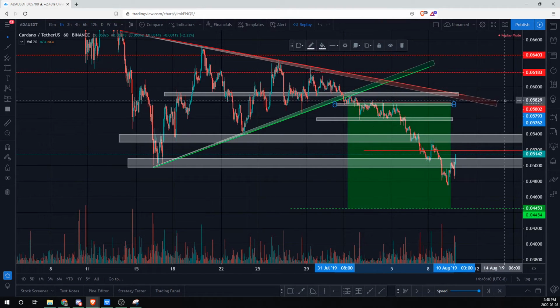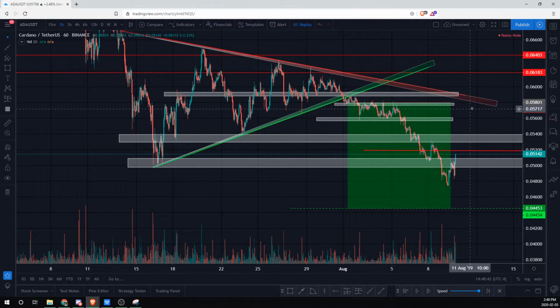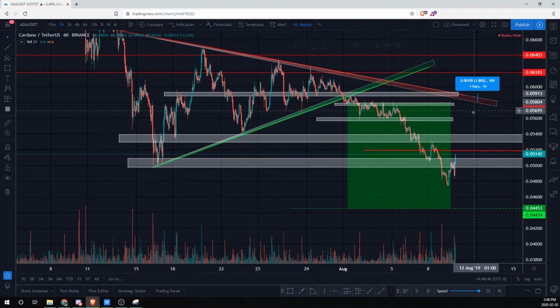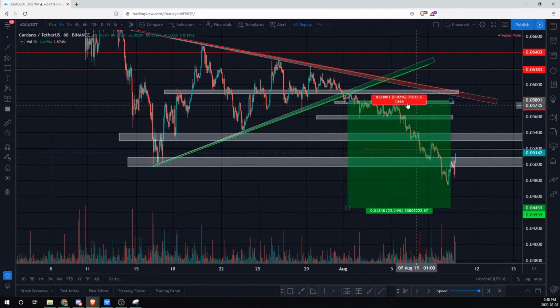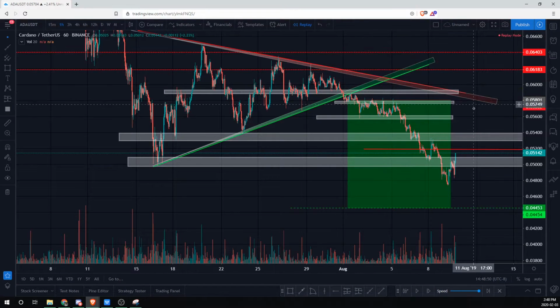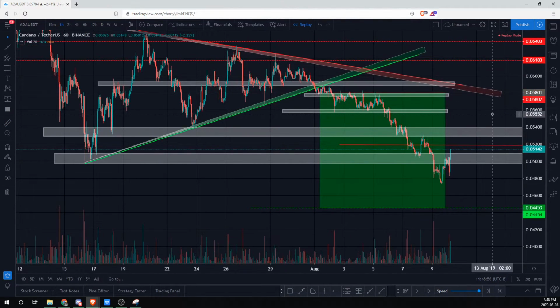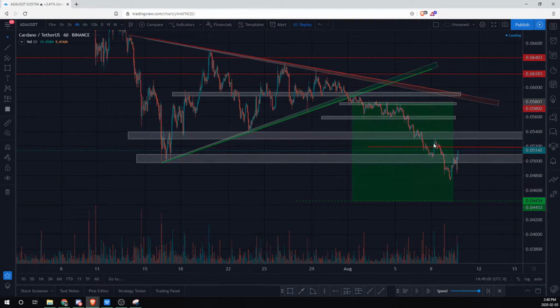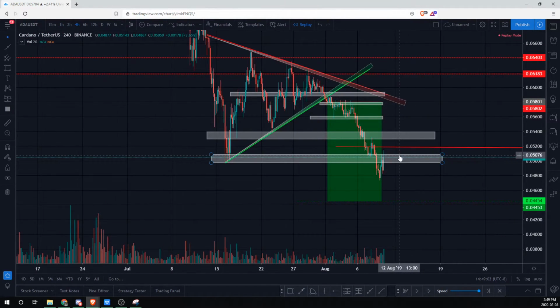I don't exactly know how much I was risking. Let's just look here. I was risking around, let's say 2%. So that's a great risk reward of 5. If I was risking, maybe I was risking up top here, I don't exactly know, I can't remember exactly. I think it was maybe at like 4, so it would be a little bit less, just maybe 2 or 3 risk reward. It's not ideal, but overall,